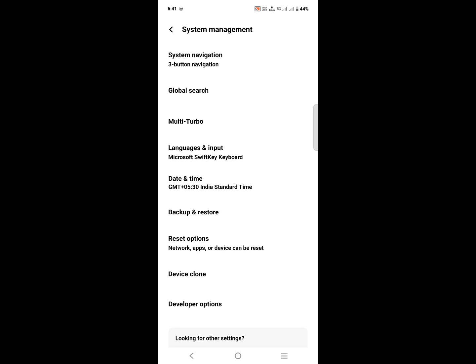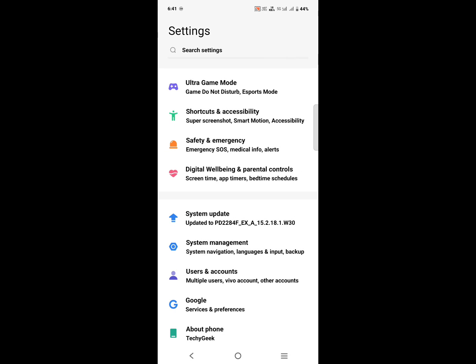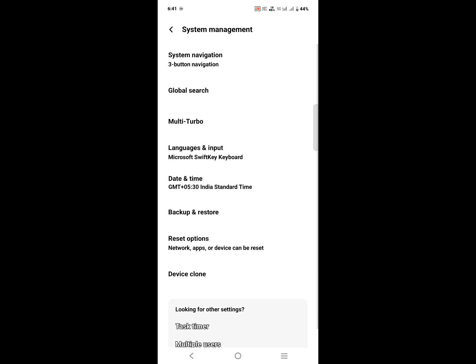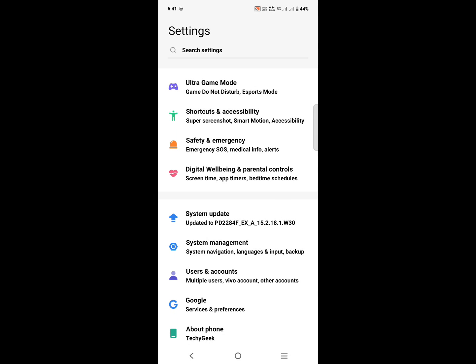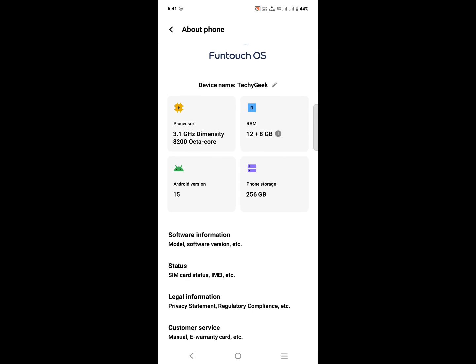I do see the developer option, but by any chance if you do not see developer option like this, I'll just turn it off and I'll go back, and now I'll go to system management again. I do not see the developer option now. So to enable that, we need to go to this about phone, and we need to go to this software